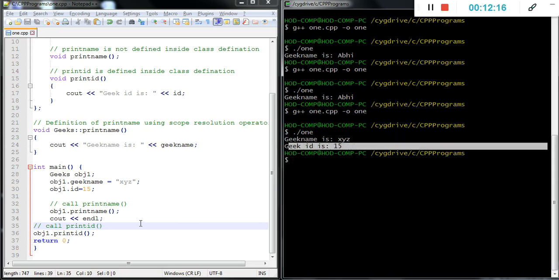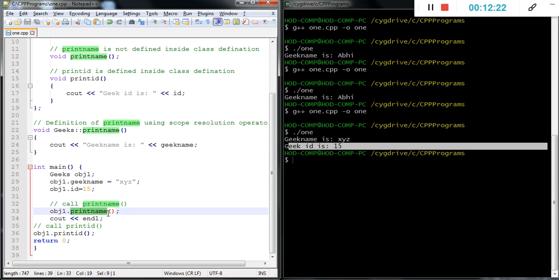We call the two member functions, printname and printid. The body of printname is declared outside the class, and printid is inside the class. The function body of printid is available inside the class, and the body of printname is outside the class.